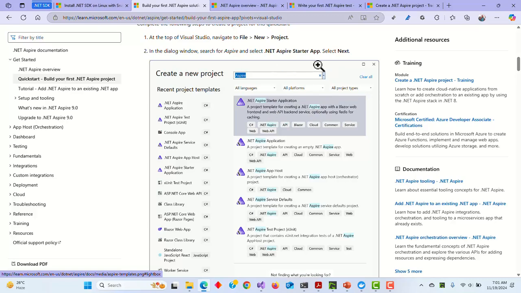So this is the look of the template of ASP.NET Aspire or .NET Aspire. Why did I mention ASP.NET Aspire? Because it was ASP.NET Aspire. Now they changed the name a little bit. So there is a .NET Aspire starter application. For this video, I'm going to show you the starter app first, to quickly show you the application